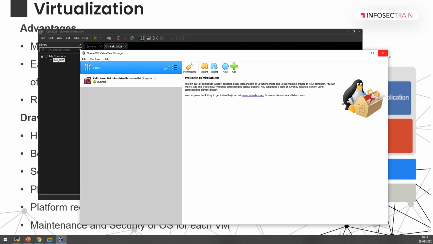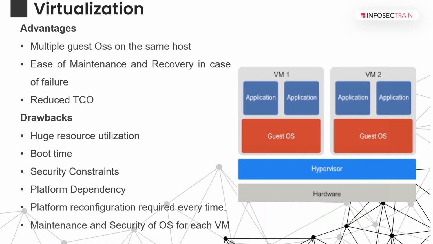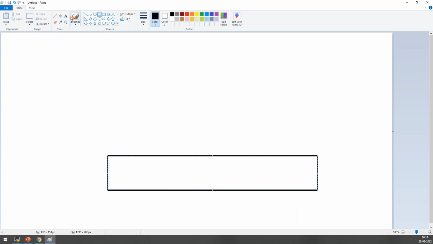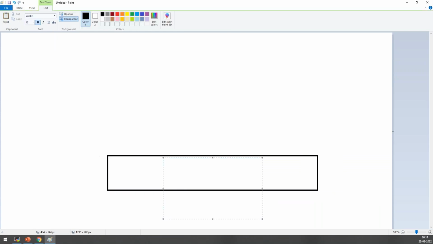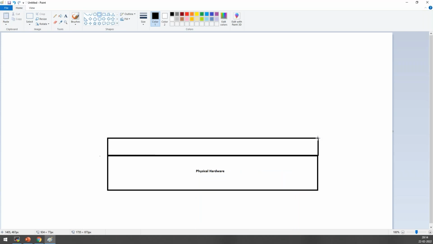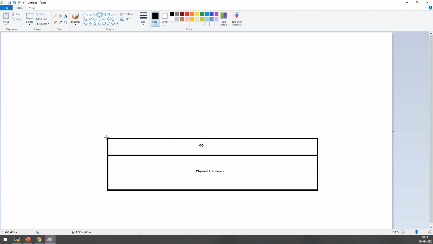So now the question: Krish, why do I need a hypervisor? Let me answer the question for you. I'm opening an application here. So this is my laptop, or this is the server. I'll draw these things here. Let's say this is my physical hardware. On top of this physical hardware, I have an operating system, as I just told you. In my case, it's Windows, but it can be any operating system. On top of this, you can see a hypervisor software which I have now installed.